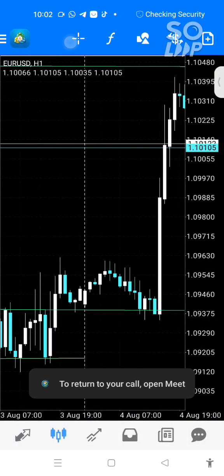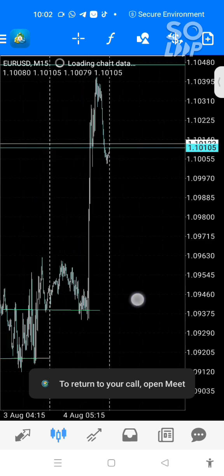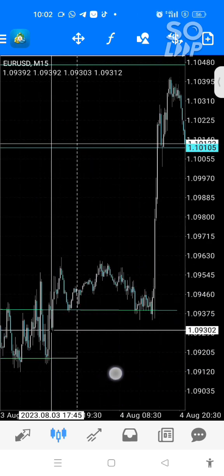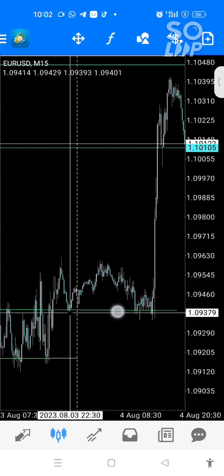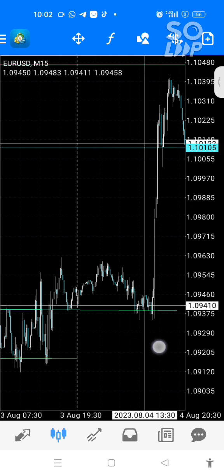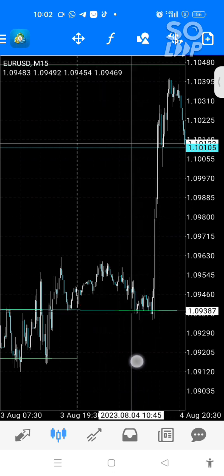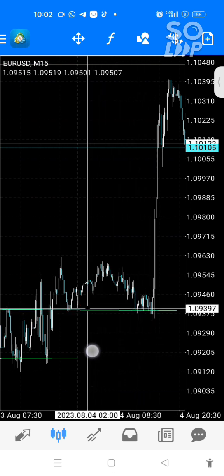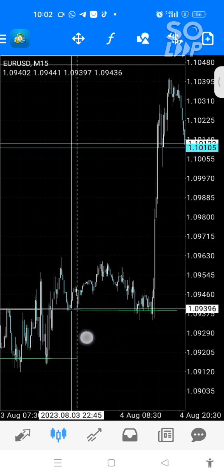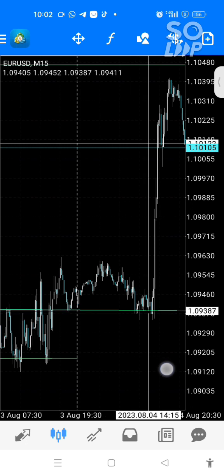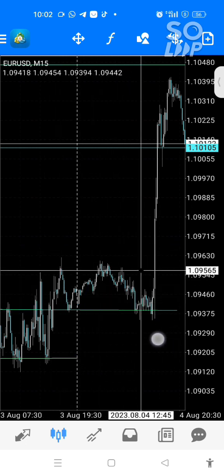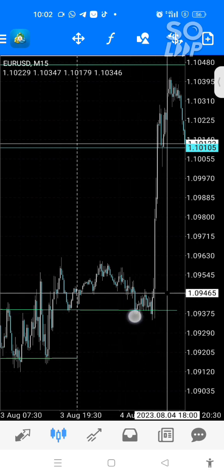So let's go back to M15. This is where my stop loss is. I trusted this low. Now this is my liquidity grab, and this green line you are seeing is the 4-hour order block, right? A high time frame PD array, a lower time frame liquidity grab. The liquidity is grabbed, and you pick your trade.